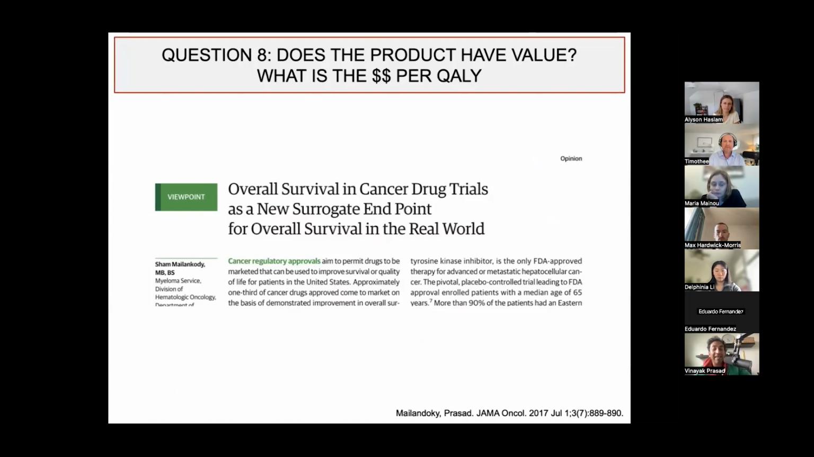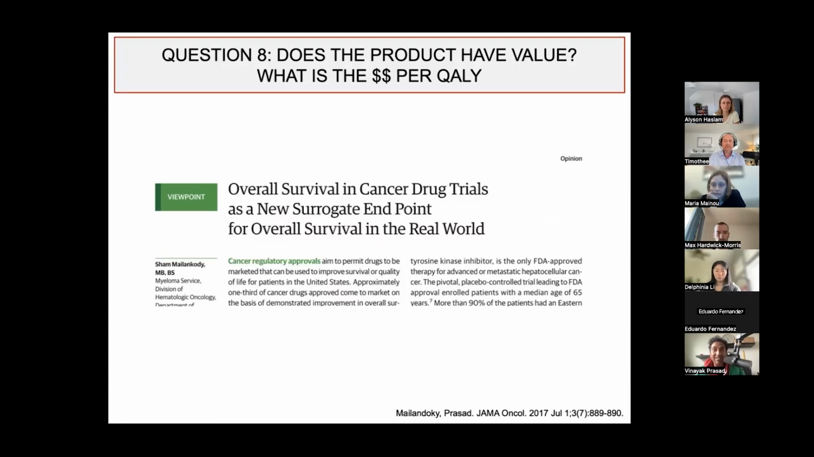Societies have a fixed amount of money, and we have to choose what to pay for. We're going to pay for better nutrition in elementary schools, or we're going to pay for better prenatal care, we're going to pay for these cancer drugs. And so calculating the dollar per quality is very important. One thing I always say with dollar per quality is we have to be very careful we're calculating it for the real world benefit. This paper that Sham and I did many years ago, we called overall survival in cancer drug trials a surrogate endpoint for real world overall survival,